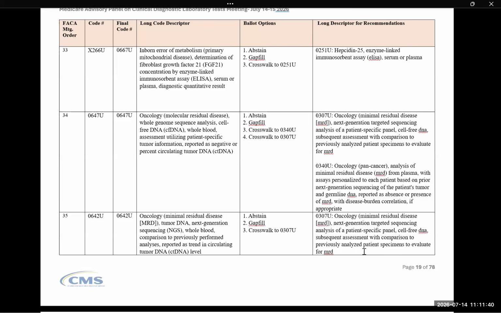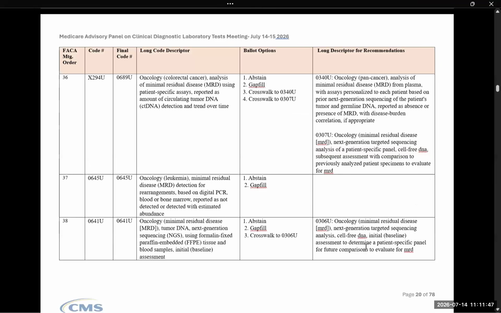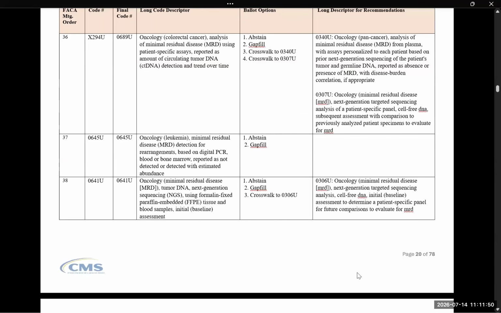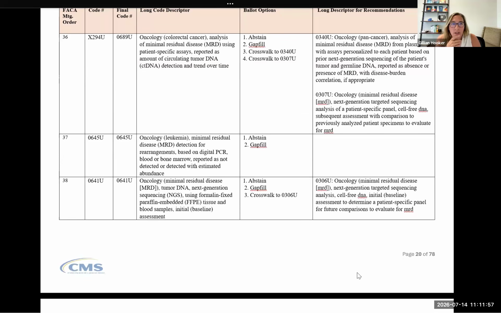Thank you. All right, next up, another MRD, X294U with a new code of 0689U. Yes, 0689U is also an MRD test, in this case specifically for colon cancer. It is a follow-up test using a patient-specific assay reported as a quantification of circulating tumor DNA presence and trends